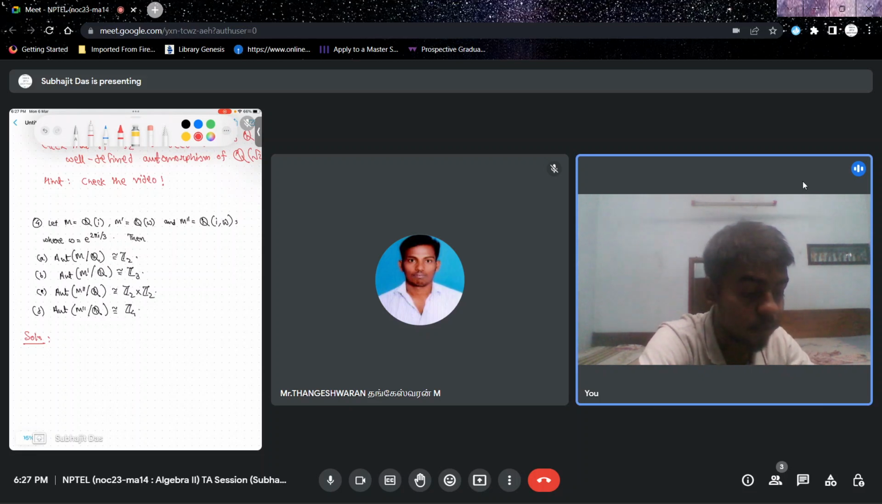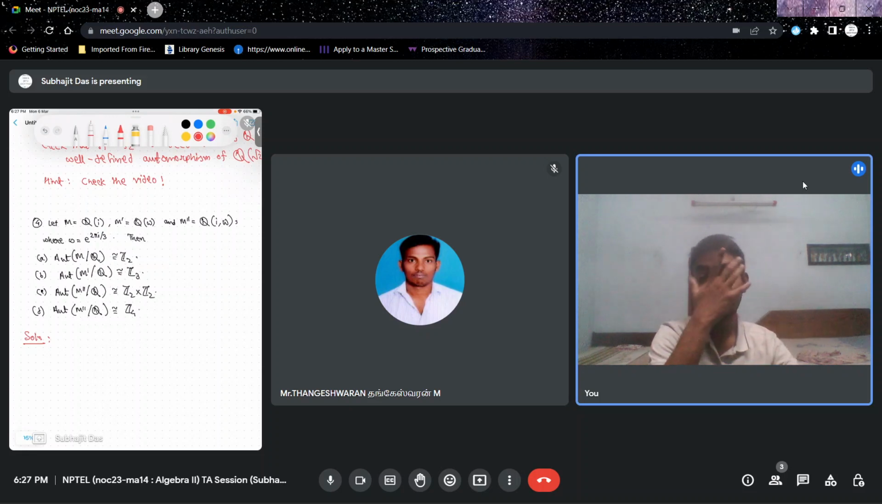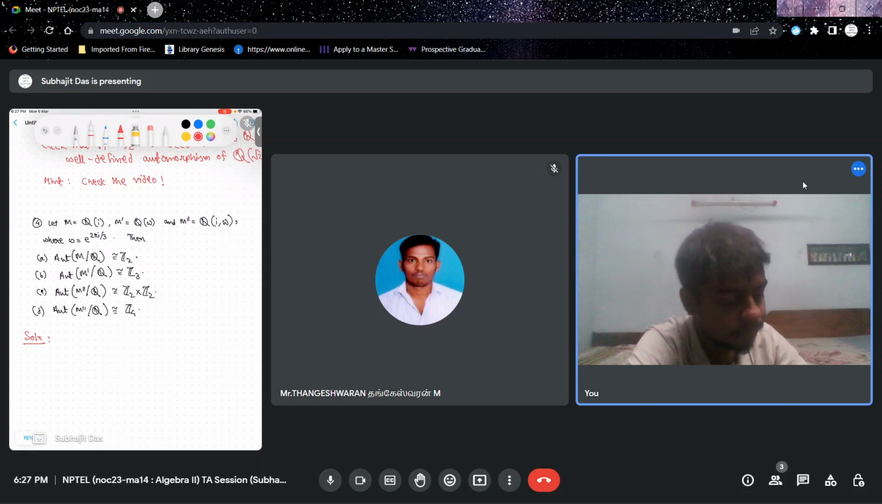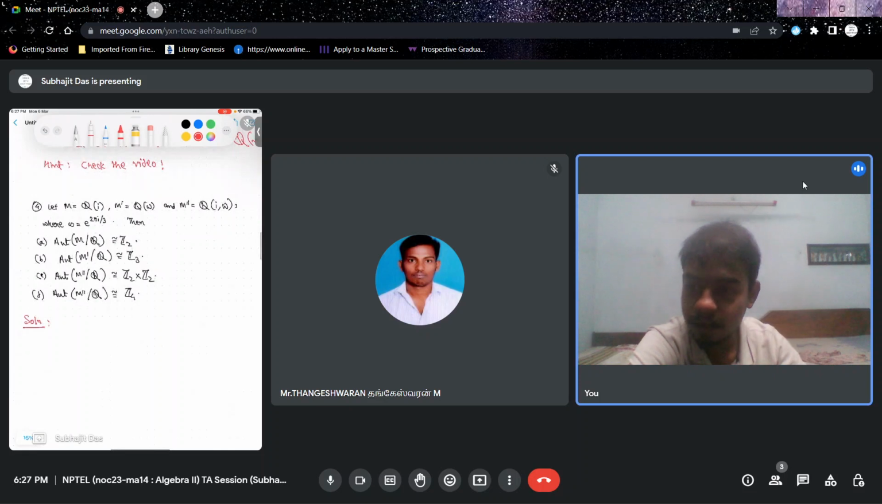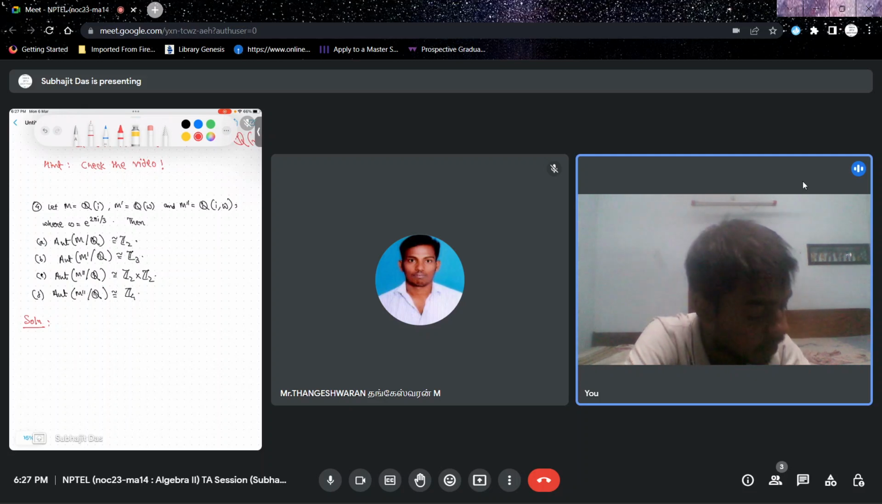So anyways, let's move on to problem 4. So we are taking M to be Q adjoint with I, M prime to be Q adjoint with omega, where omega is e to the power 2 pi I by 3, which is a primitive cube root of unity, and we take M double prime to be Q adjoint with both I and omega. Then we need to figure out which of these particular options are correct. So option A says that automorphism group of M over Q should be isomorphic to Z2. So A is correct,